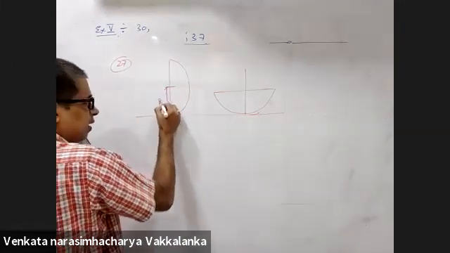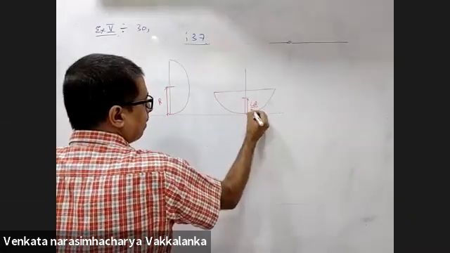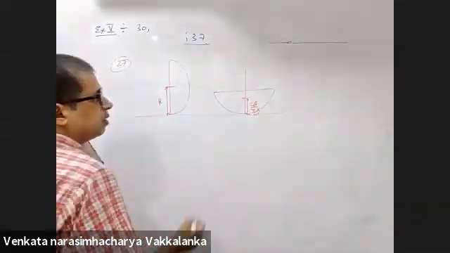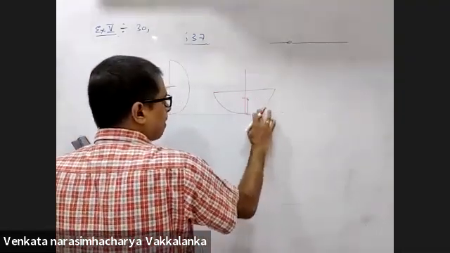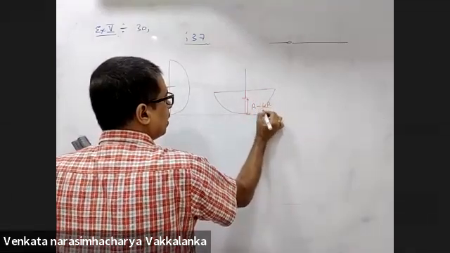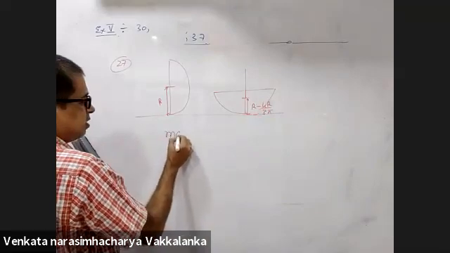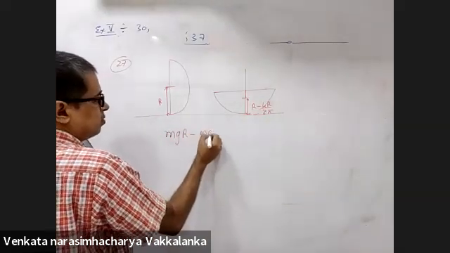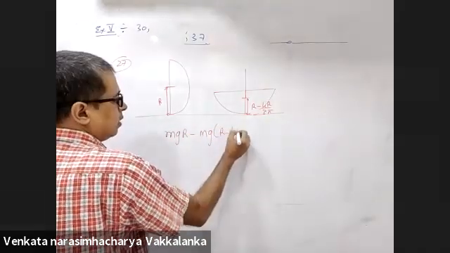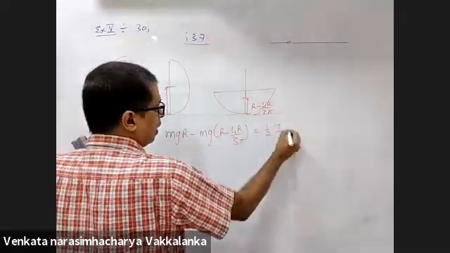This is R. What will its center of mass be? 4R by 3. Sorry, ulta. Distance from here is 4R by 3 pi. R minus 4R by 3 pi. Right? Loss in potential energy is mgR minus mg(R minus 4R by 3 pi) is equal to half I